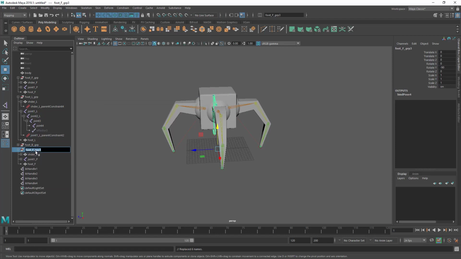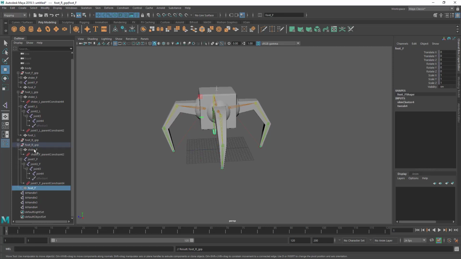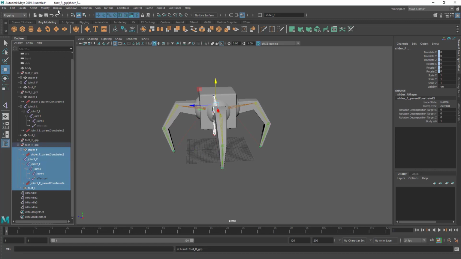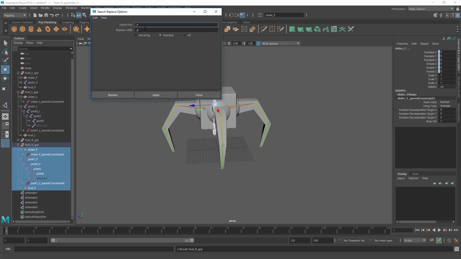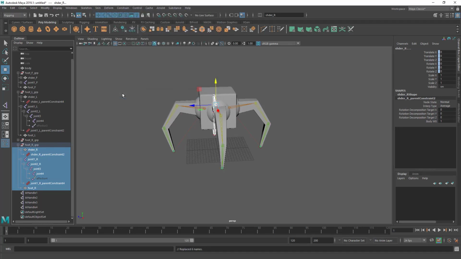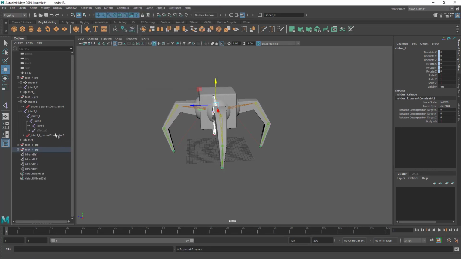This is the right foot, R for right. Okay, select all, modify, search and replace, R, replace. Okay,